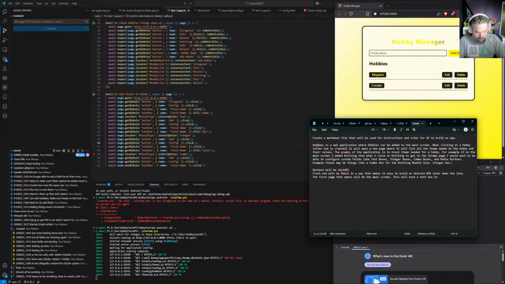Integer box may be used for quantity of items like needles or yarn. Checkbox could be for